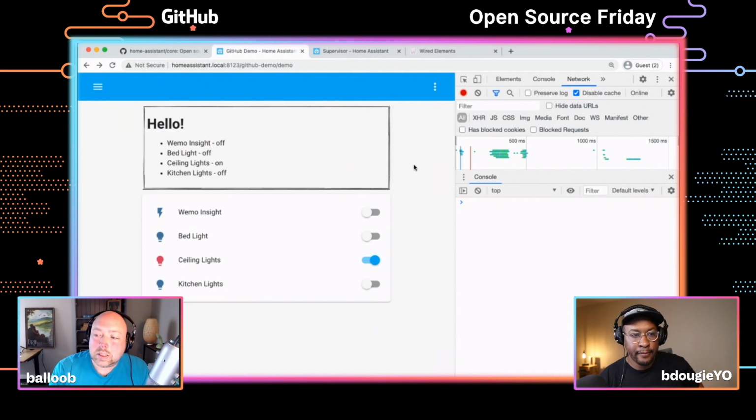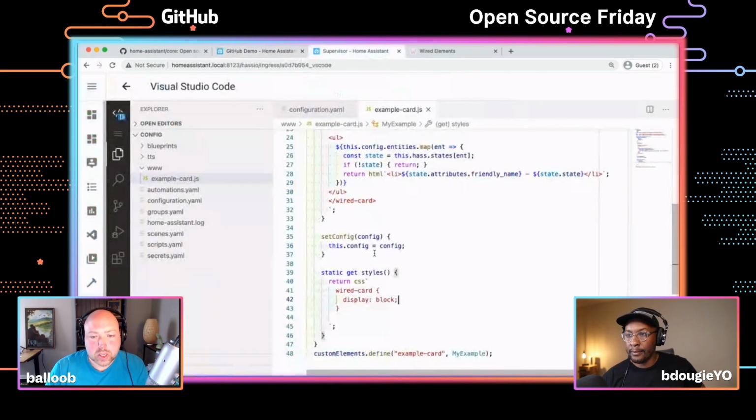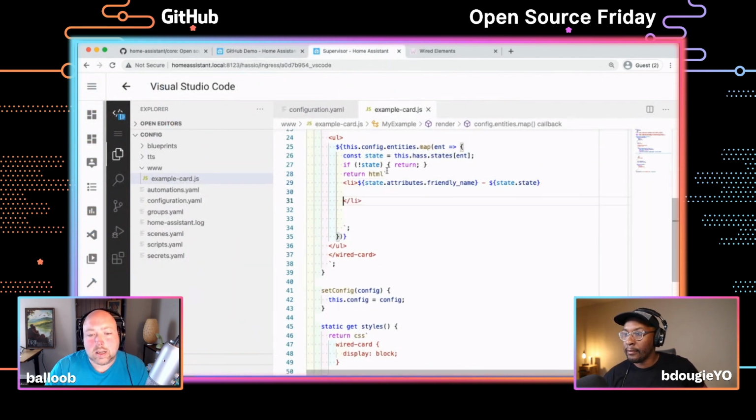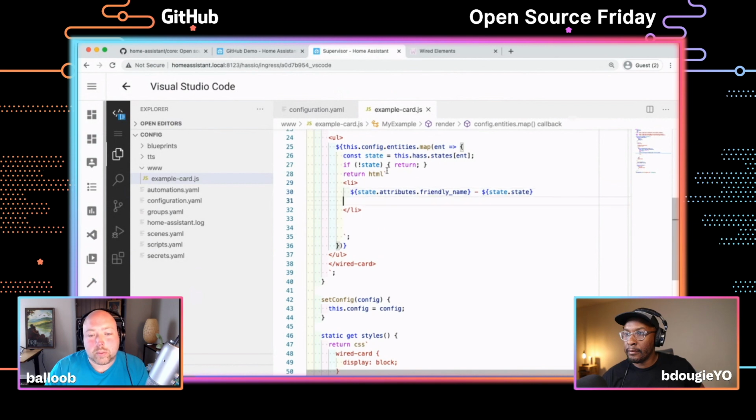Okay, great. Starting to look better. Now the other thing I just pulled in was the wired toggle. So that's a toggle like this one, but then it looks hand-drawn. So that looks a lot cooler. So we have the HTML here. I know some people are probably going to be upset that my formatting is horrible, but that's it for now. So wired toggle, and I know it has a checked property. So we can just do checked equals, and then we say if state.state equals on, because that's what we know it is when it's on. Okay, so now if I save it